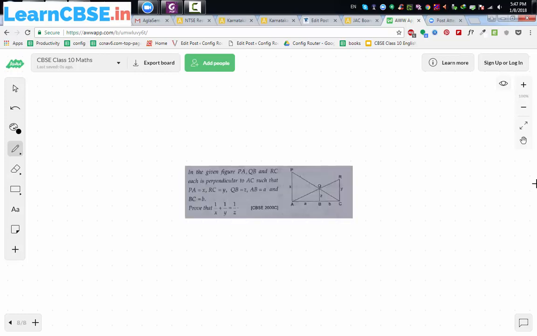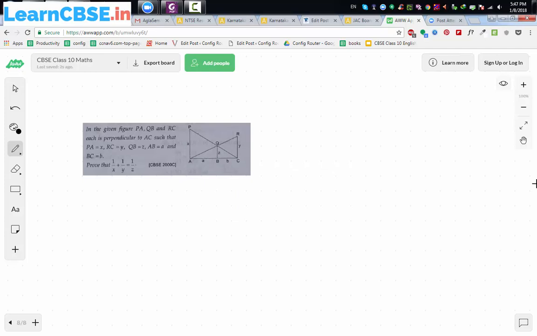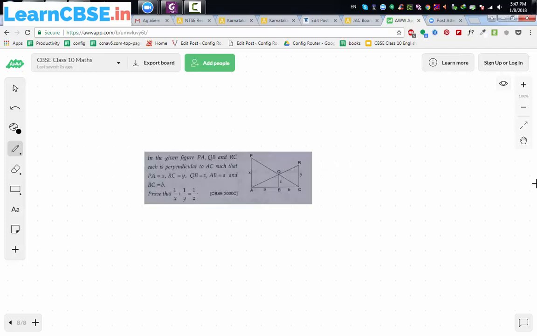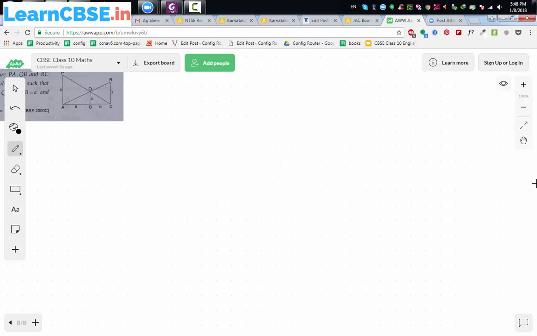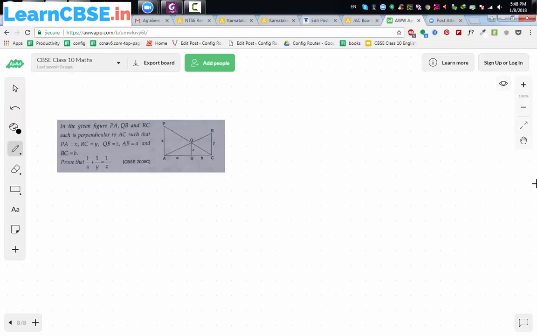Okay, so this question says that, in a given figure,